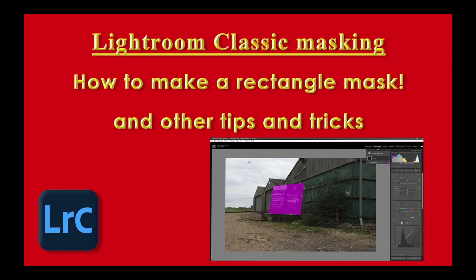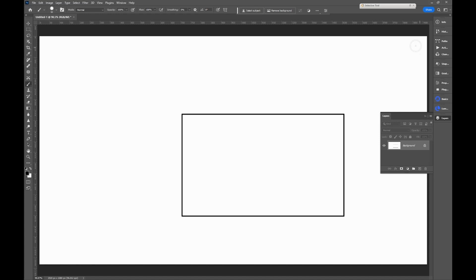So just to be sure that we know what we're seeking to do, we'll have a quick look at the Photoshop rectangle selection tool. So here we are in Photoshop with a simple document with just a background layer, and I've marked out a rectangle that we want to select. So what we need to do is to go up here to the rectangular marquee tool, and then you simply drag out a selection. You notice we have a feather of 0. Just drag out the selection like that,